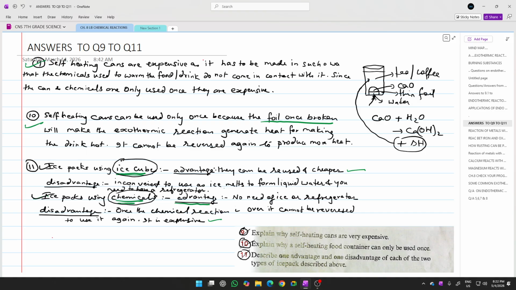If you keep that ice bag on the inflamed part of the body, what will happen? This melting of ice cube being